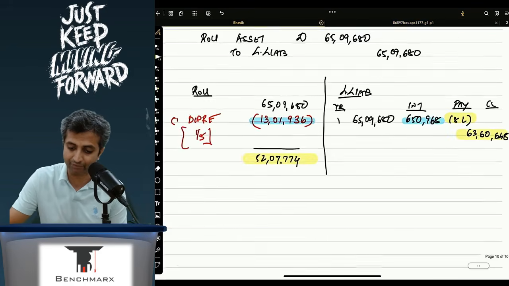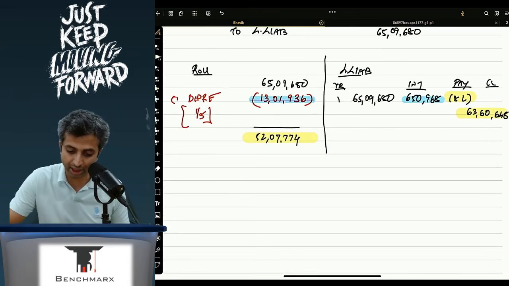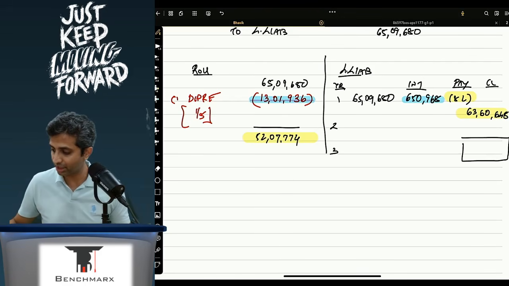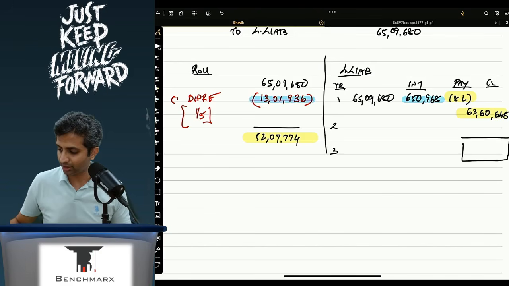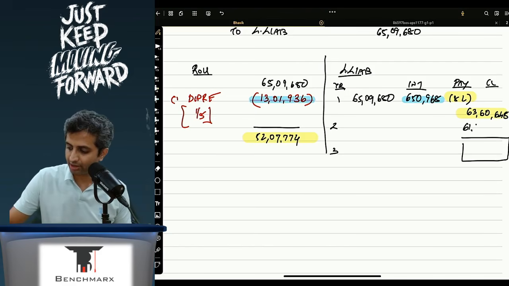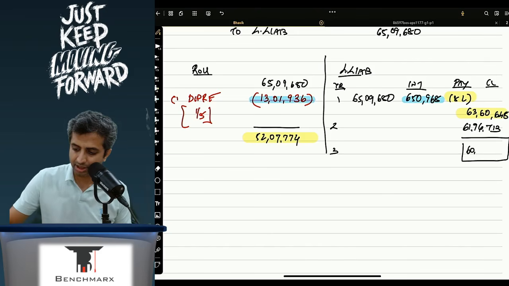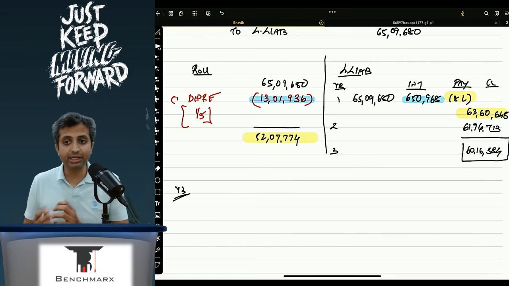Now for this, you will have to do this working again for year 2 and year 3 and somehow find the lease liability balance at the end of year 3. So if this is 63 plus 10% minus 8 lakhs, it comes to 61 lakh 96,713 approx, plus 10% minus 8 lakhs, if I am not wrong, this is 60 lakhs 16,384. Okay, now when you go to year 3, this is a lease liability of 60 lakh